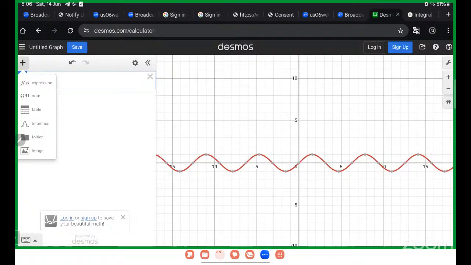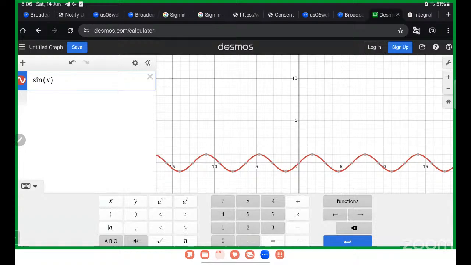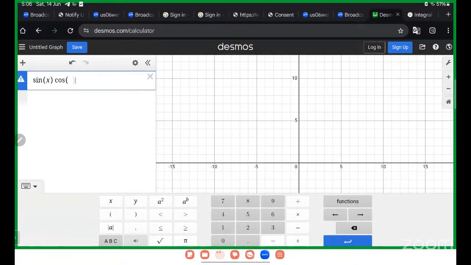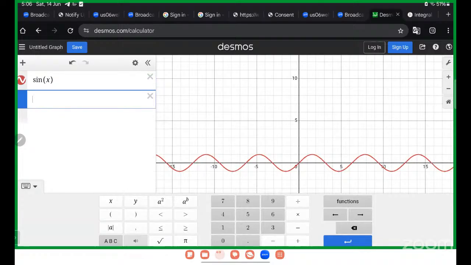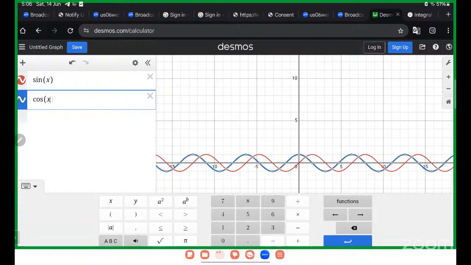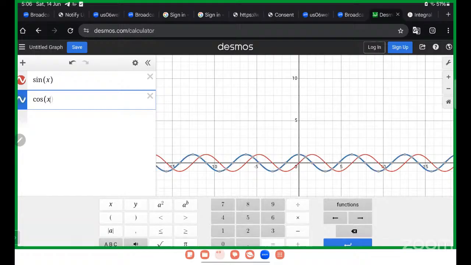If you want to plot another graph over it, just click on the plus sign. Take another function from the table, just select the function, and take cos x. So what we see is there are two graphs.